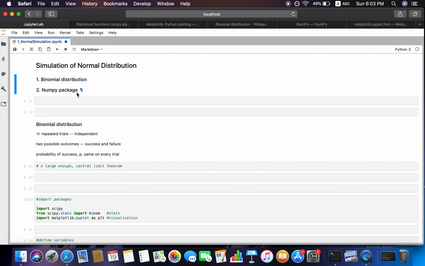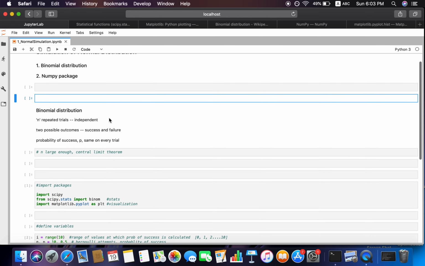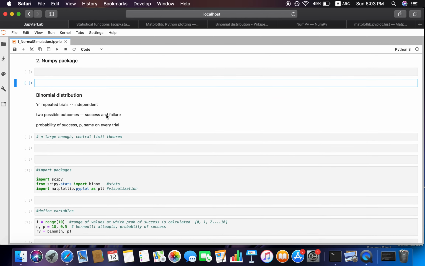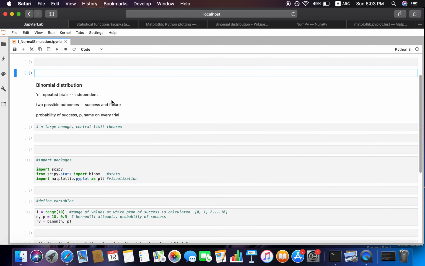And the second one is going to be simply using a function from the Numpy package that will take in a couple of parameters and will give you your desired normal distribution. So, quick reminder going off on the first method, the binomial distribution is essentially a distribution with